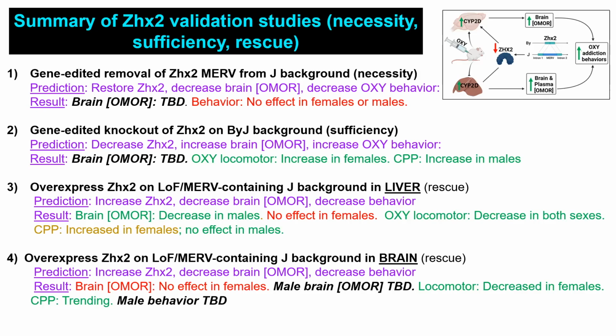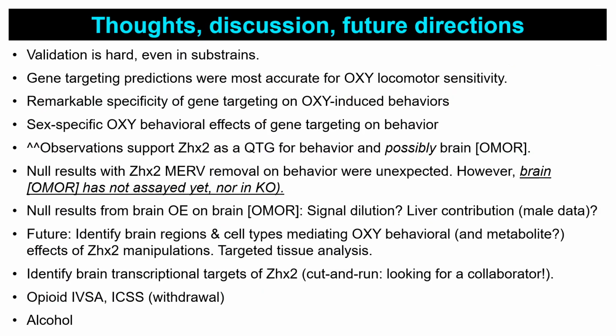So, yeah, probably running out of time. So I just want to get into some discussion points. Validation is hard. I'll note that these substrains are nearly genetically identical. There's only about 8,000 variants that segregate between the two. So you can imagine if you're using something like diversity outbred, it could be a nightmare to make predictions. And what background do you use? Sometimes the reduced complexity has very straightforward predictions that turn out perfectly. Sometimes they don't. Sex-specific effects, I think, support the effects of this gene and perhaps its causality with the QTL,